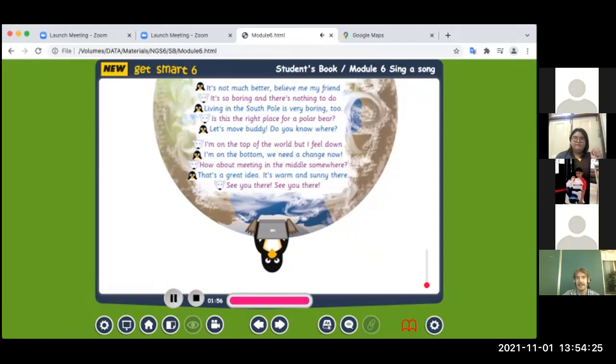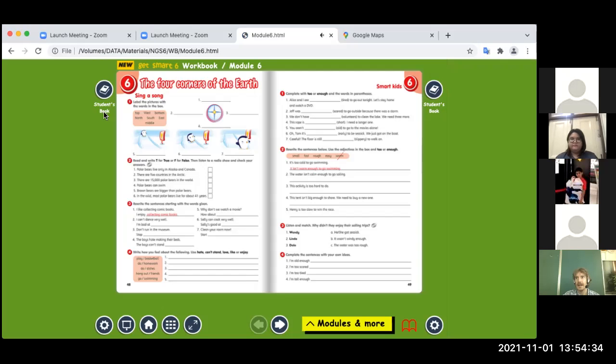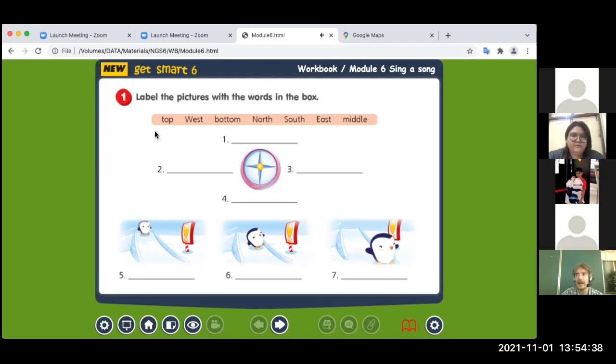Okay, that's the song. Now let's look at your workbook. Open your workbook to page number 48. I will give you one minute to fill in these words: top, west, bottom, north, south, east, middle, to these pictures.